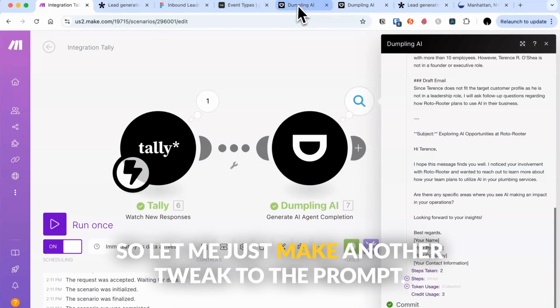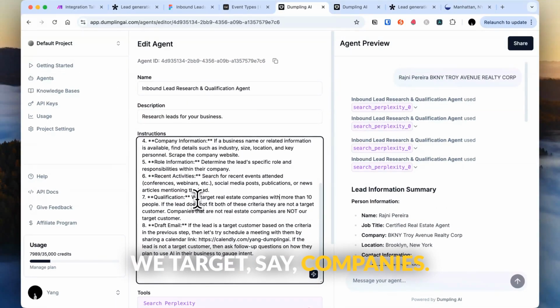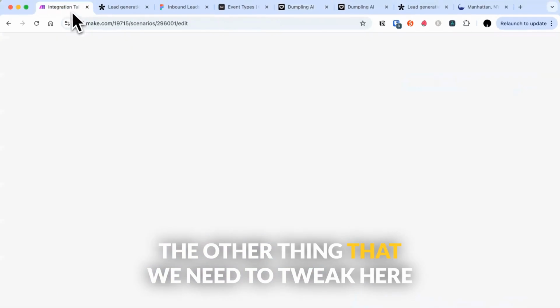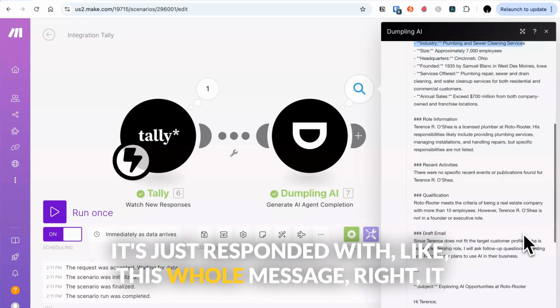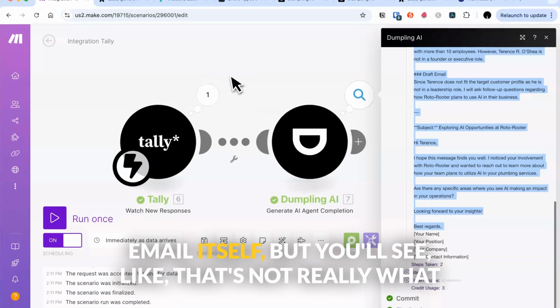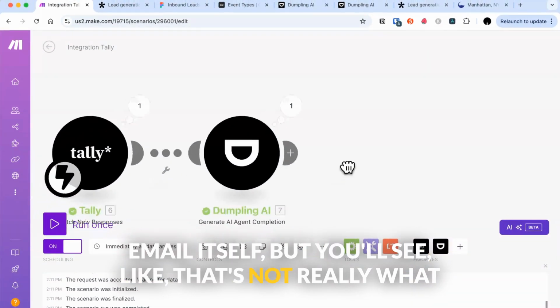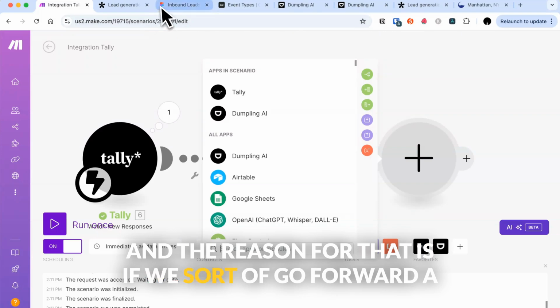Cool. So let me make another tweak to the prompt, to say the company. That looks good. The other thing that we need to tweak here is that you can see it's just responded with this whole message right now, all the information as well as the email itself. But you'll see that's not really what we want, right? We want all those things in variables. And the reason for that is, if we go forward a little bit,